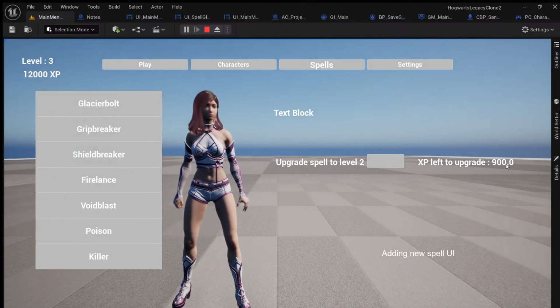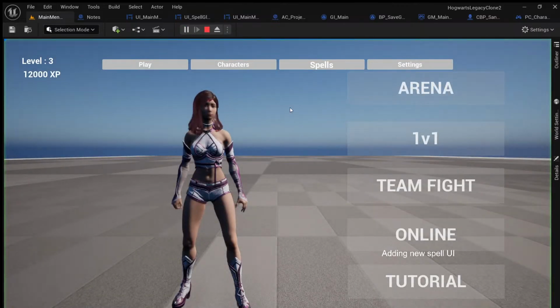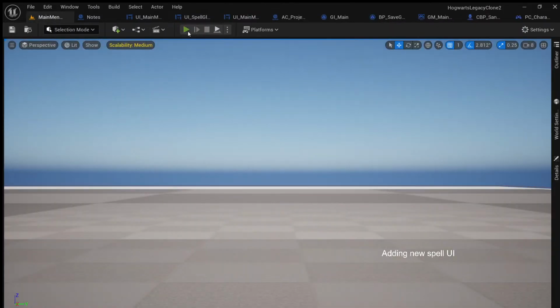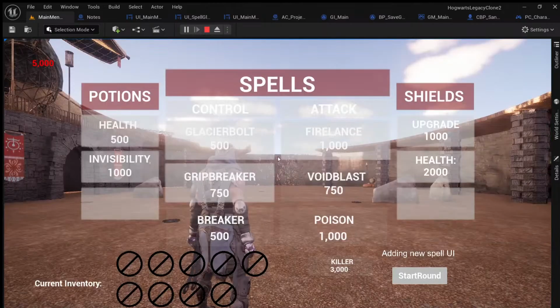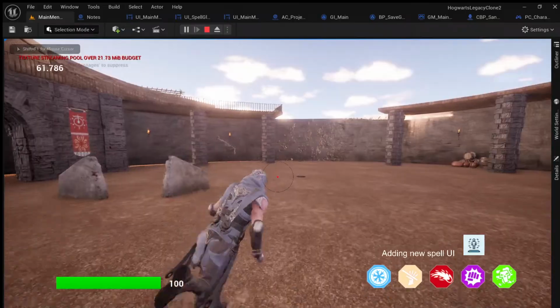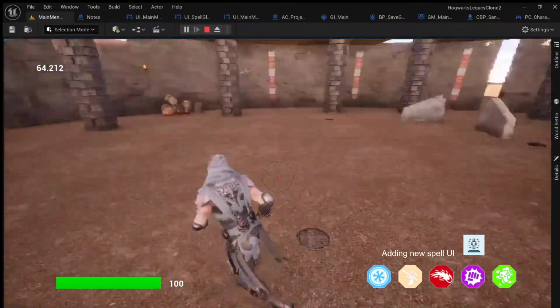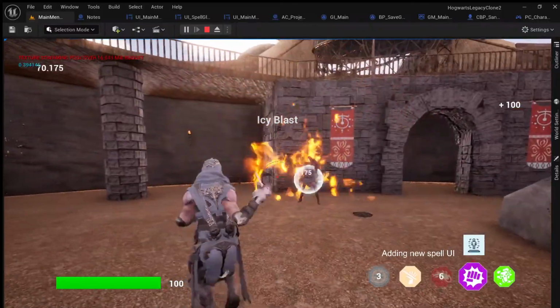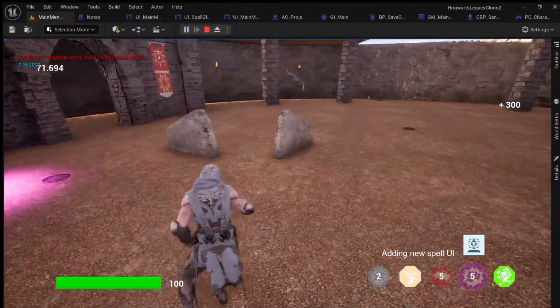Oh, it actually worked this time. But why did they go down 100 though? If I play again... wait. I'll make sure it's not a... so now if I play again and kill him, it should show 850. But now if it works, I really don't understand why it worked this time and it did not work the previous time. Because I feel like I wrote the same piece of code twice, so